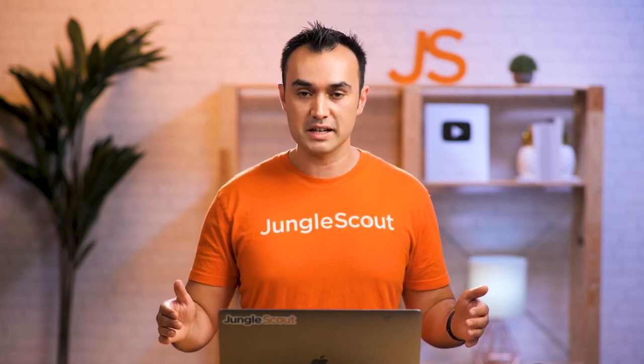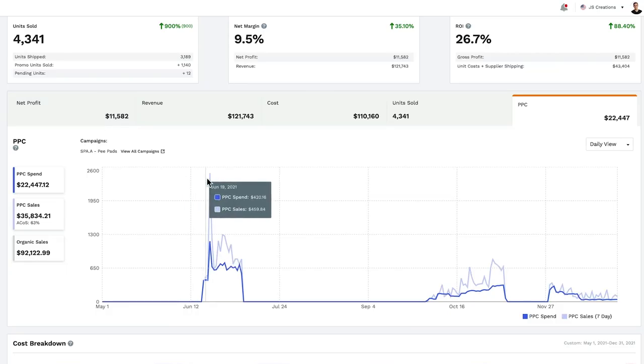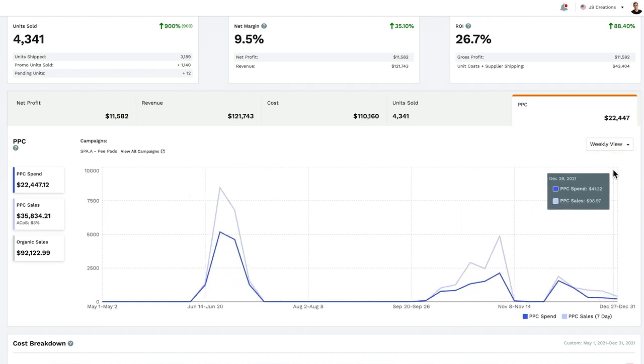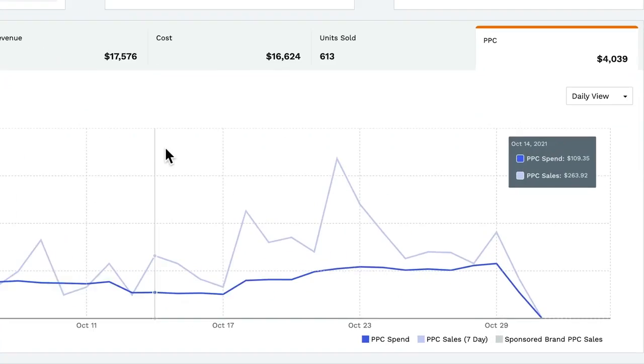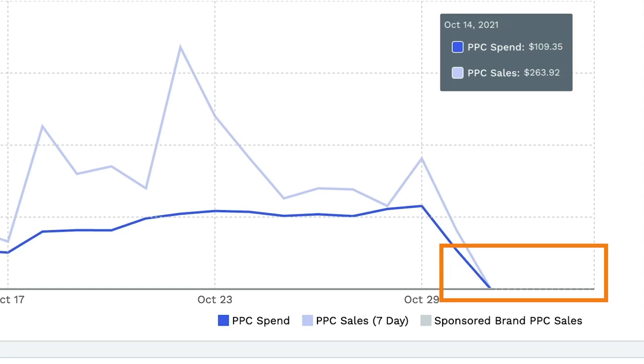from paid advertising. You can hover over the graph to see the spend and sales on either a daily basis, or toggle this to weekly to view it week by week. Keep in mind that these are sales that have taken place within 7 days of a customer clicking on your ad, which means that there still may be some sales that get attributed to this spend. Then just note that with these broken lines at the end, that Amazon can take a couple of days to begin attributing sales to your PPC, and so it's worth waiting a little bit longer to check on these particular